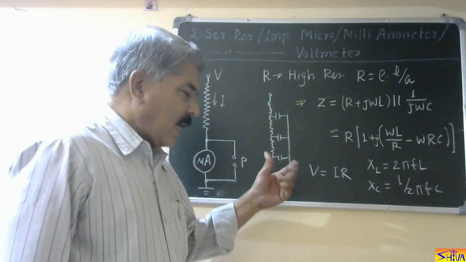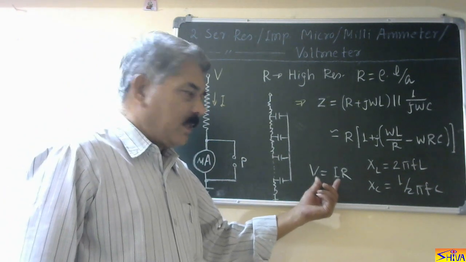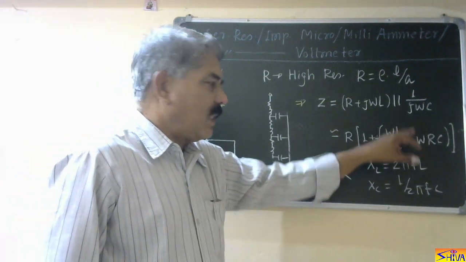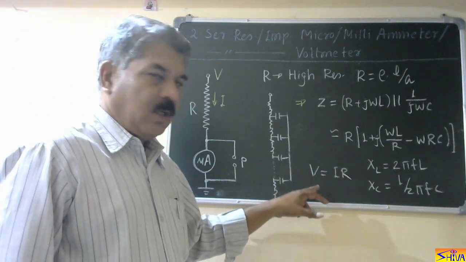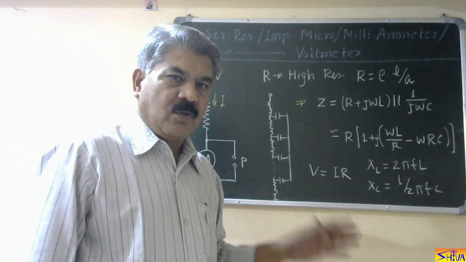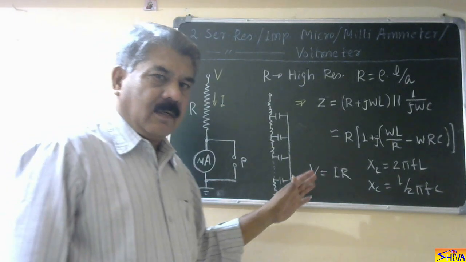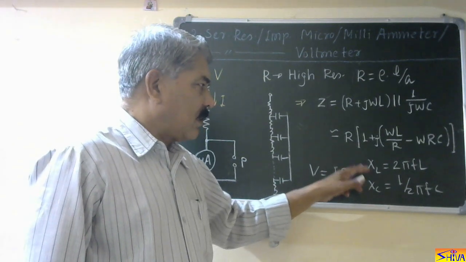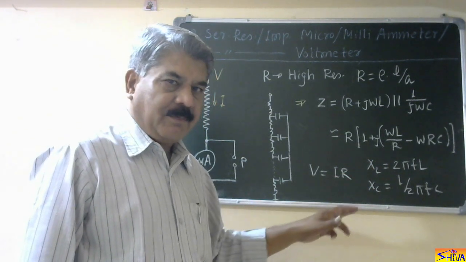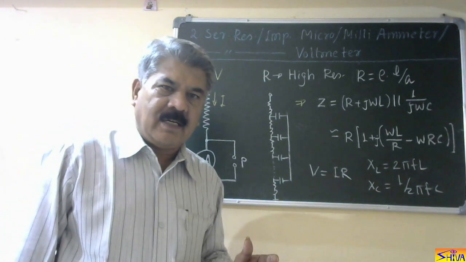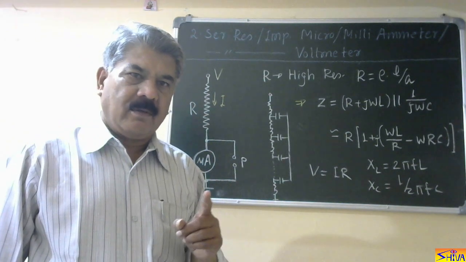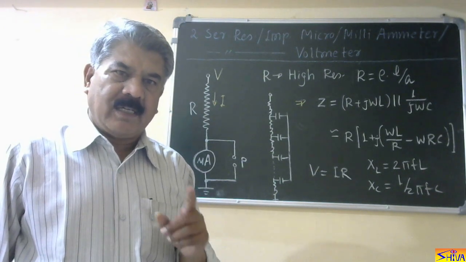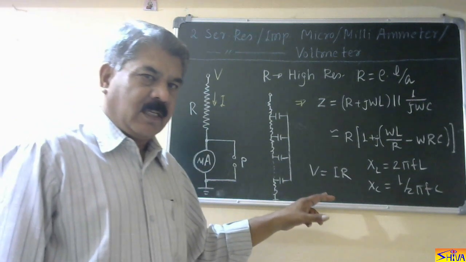So for calibration we are using the formula V is equal to IR, but it will be actually equal to I into Z. At the same time, if you look at this equation, there will be a phase angle. So current and voltage will not be in phase. So this method is not free from the error generated due to this phase angle, which is coming due to the presence of XL and XC. Therefore, this method is not preferred for high AC voltage measurement. I am not saying that it is not used. It is used, but it is not preferred for high AC voltage measurement